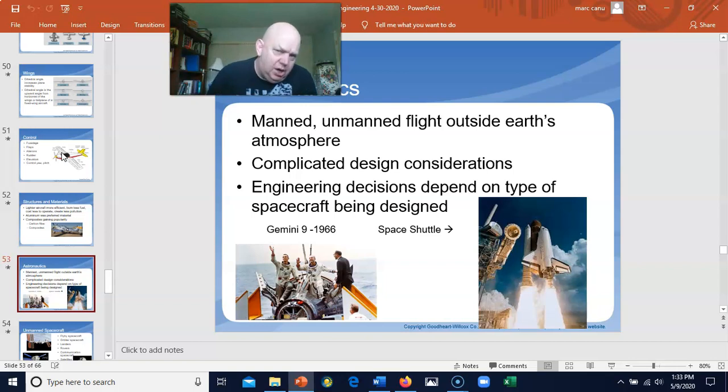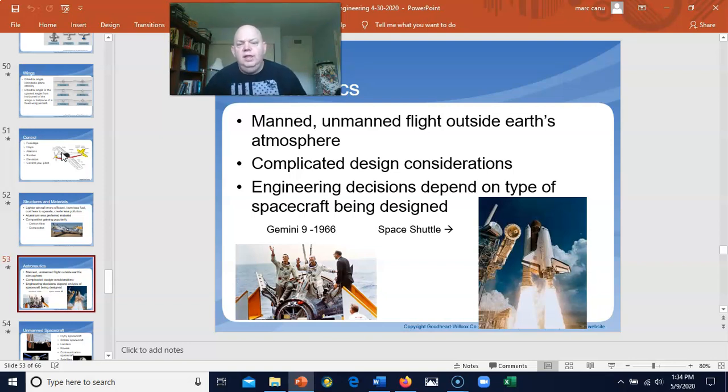Now we got to look at astronautics. This is really our last section, so to speak. When we look at astronautics, we look at manned and unmanned flight outside the Earth's atmosphere, whereas everything else underneath was inside the Earth's atmosphere. Now, of course, these are more complicated design considerations. And of course, there is a difference of engineering decisions because it depends on the kind of spacecraft that's being